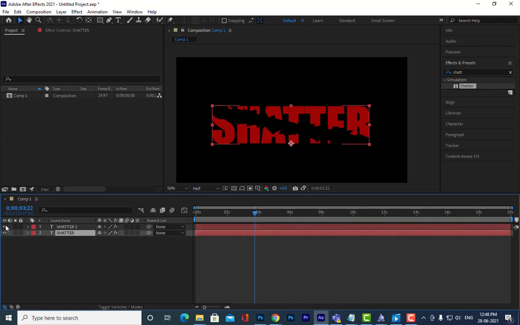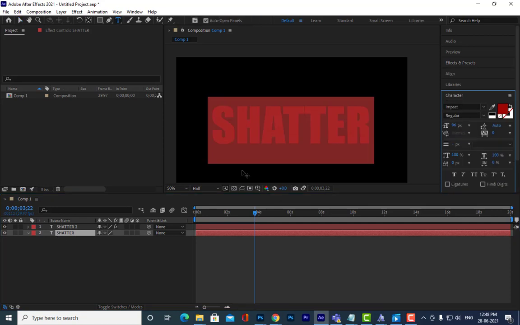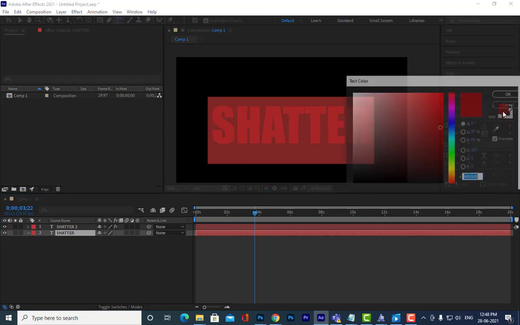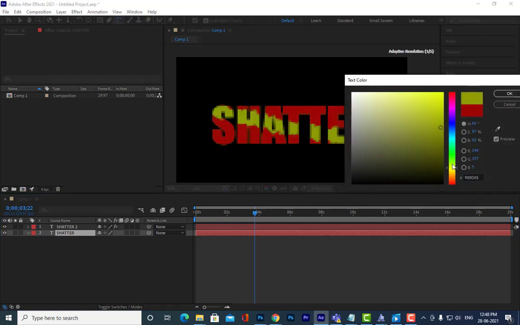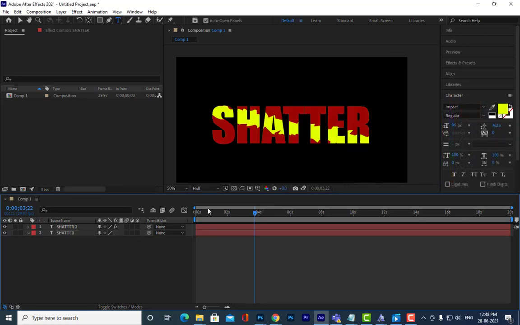Okay, so I can remove the shutter for this second text. Okay, and let me give it some color here. Which color will I give? I will give yellow color. Now you see here. Can you see the change?